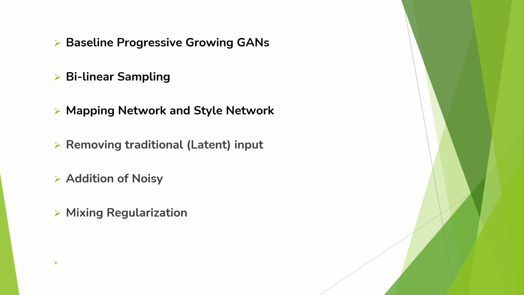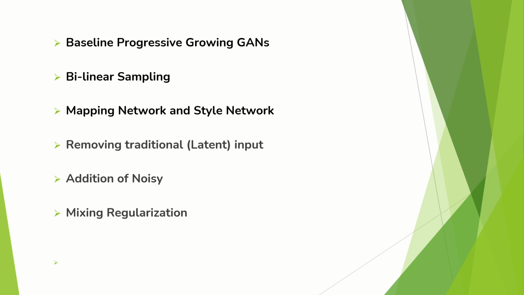The next point is the addition of noise input. Gaussian noise is added to each of these activation maps before the operations. A different sample of noise is generated for each block and it is interpreted on the basis of the scaling factor of that layer. And the last part is the mixing